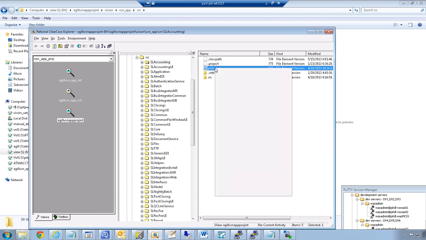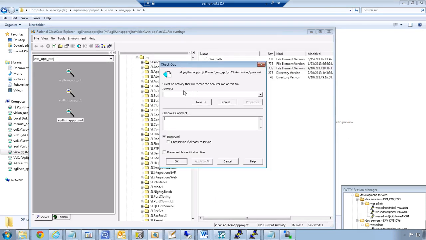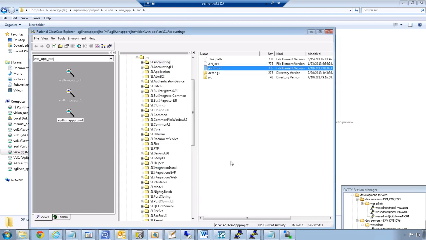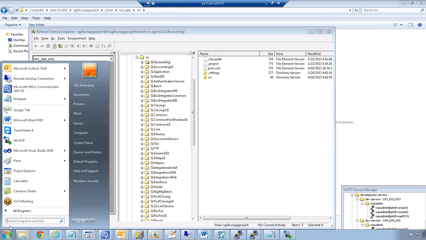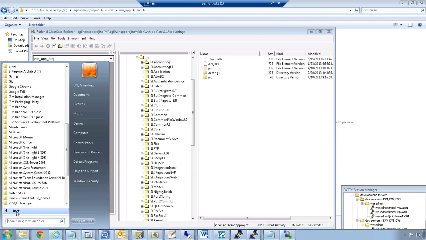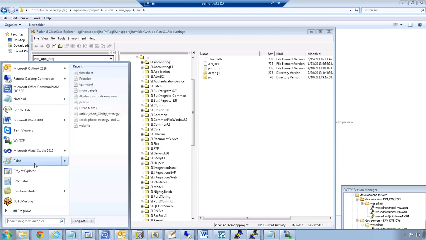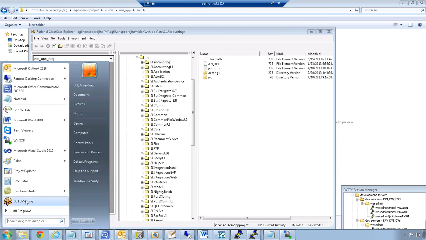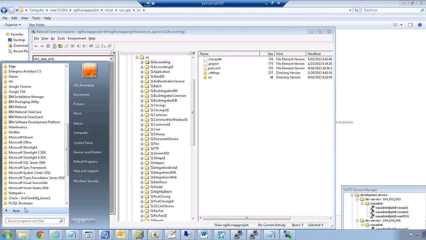Now if I want to check out the pom.xml file to change something, it's asking for an activity. Select an activity that will record the new version of the file, but I don't have an activity. So I will not be able to modify this file. To create an activity, as I specified before, you will need to go on IBM ClearQuest for Windows client,